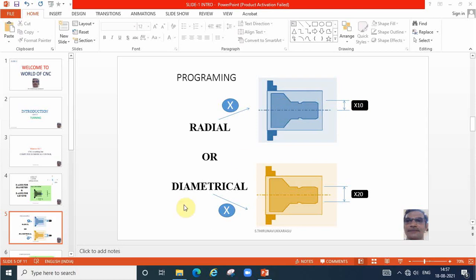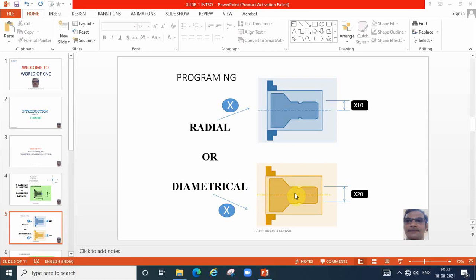Whereas in diametrical programming, whether 20 mm, 30 mm, 40 mm, whatever the diameter, we can directly input it. So that is diametrical programming. Without any confusion, we can give the values directly. Why do we follow diametrical programming? Whenever we are reducing the diameter, for example from 50 to 40 mm, we reduce it with a depth of cut of 0.5 every time.